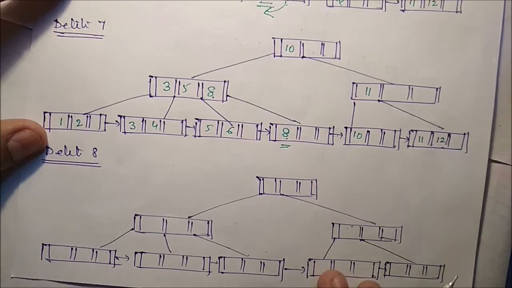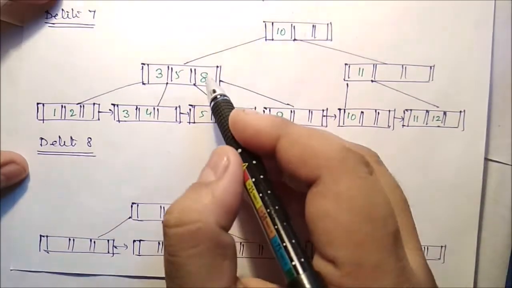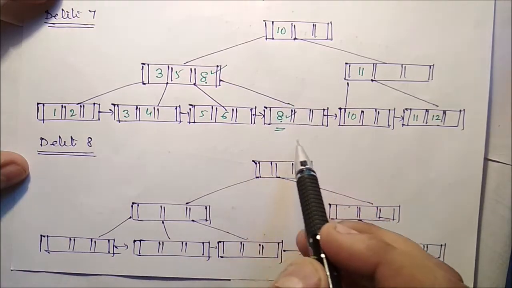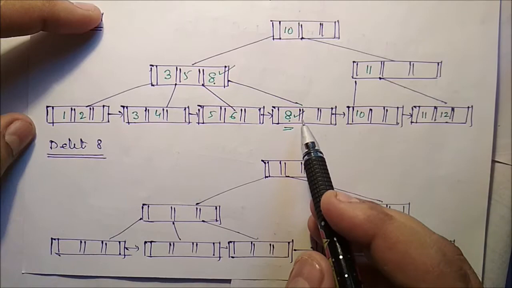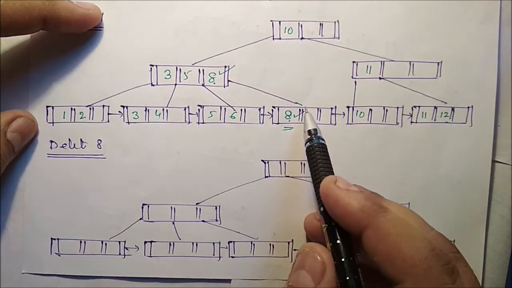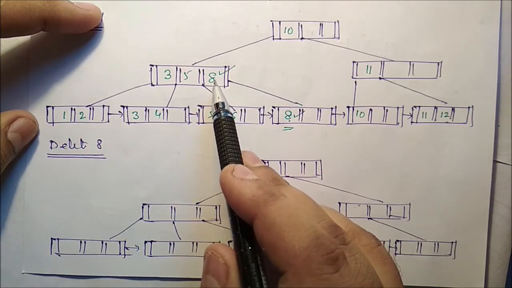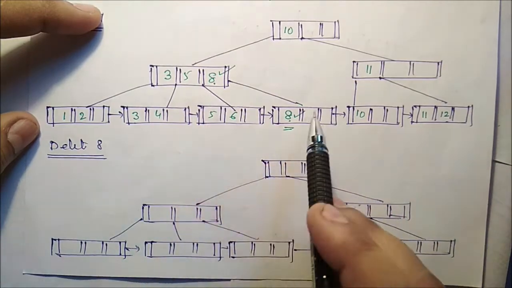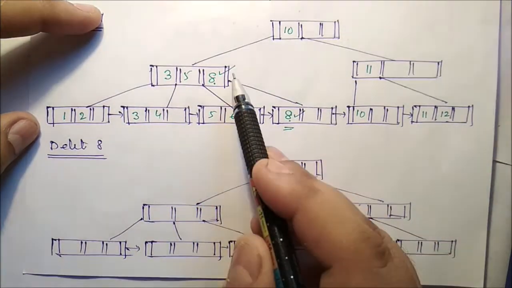After that, suppose we want to delete, say, 8. Now if you want to delete 8, you have to remove this 8 as well as this 8. Are you getting this one? So we have to remove this particular part. If you remove this one, it's okay, because the minimum number of keys are already present, so no need to shift, no need to merge anything. We just remove this particular part 8 and here 8.